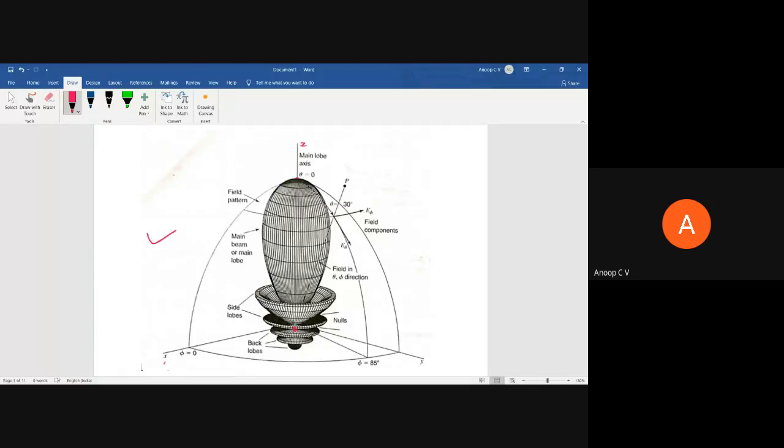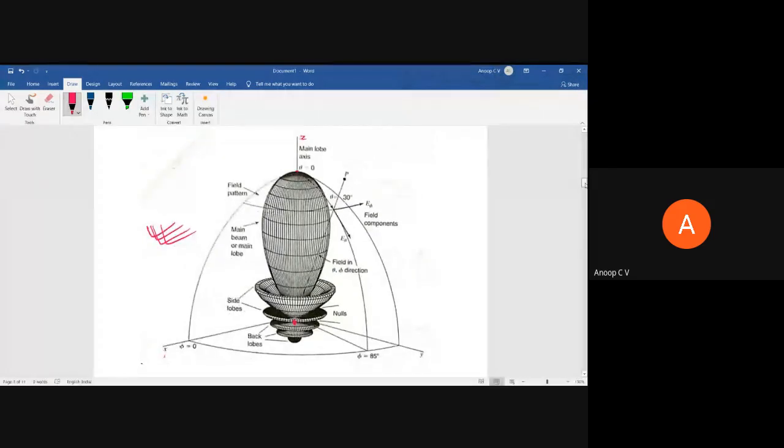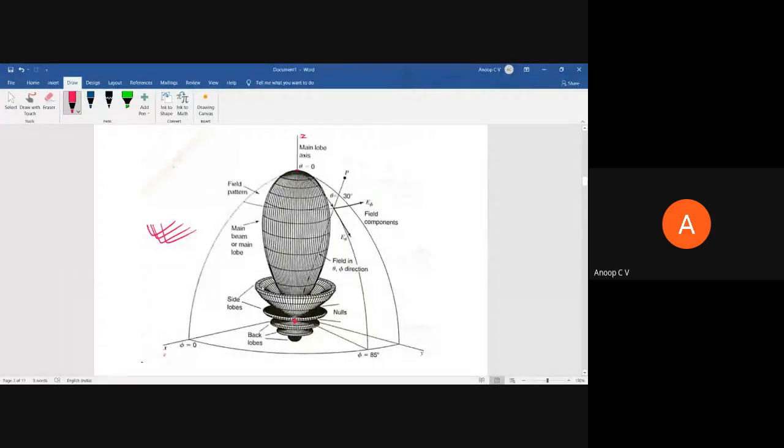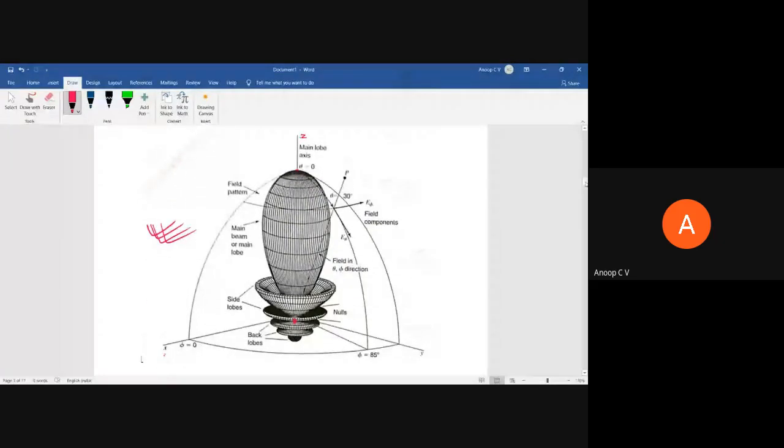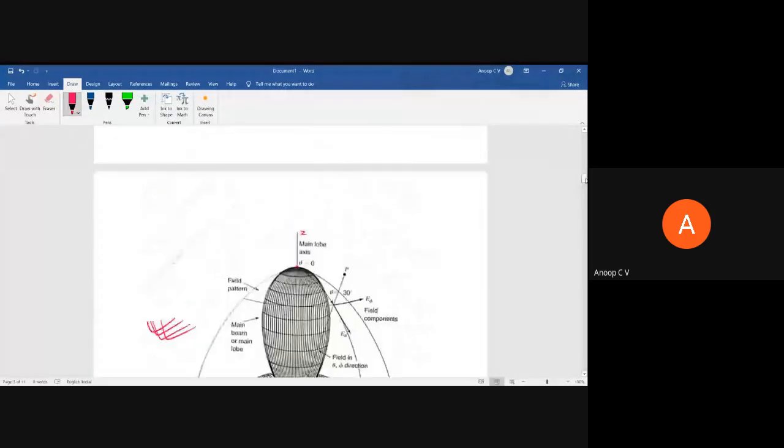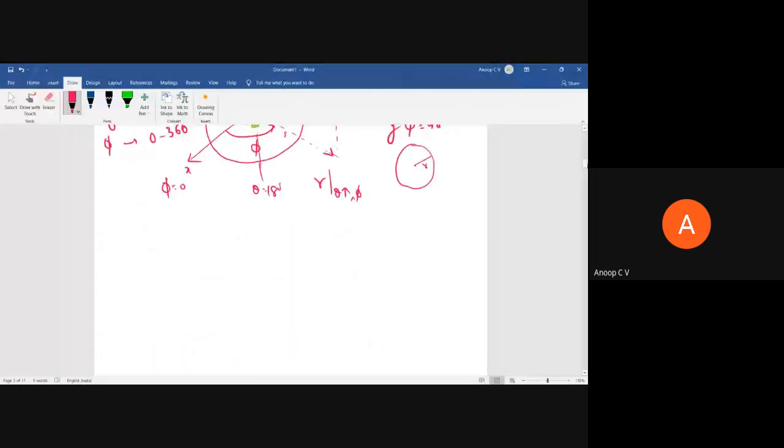For you to appreciate this, first we'll try to do the same thing for a half-wave dipole. So this is a typical radiation pattern. It has a main beam. It has side lobes, nulls. Today our aim is to understand what exactly this is. By the end of the class, we should be able to appreciate the radiation pattern of a half-wave dipole and an isotropic radiator. If we can do that today, that would be more than sufficient. Then, with that idea, we can crack the remaining topics.